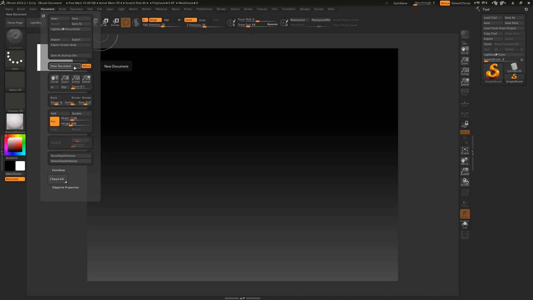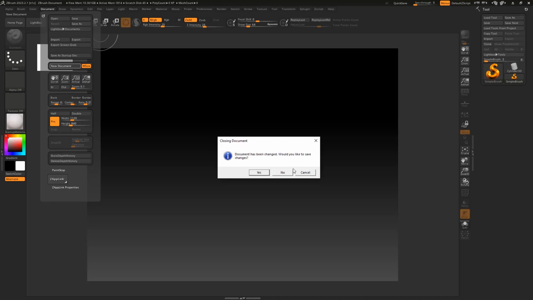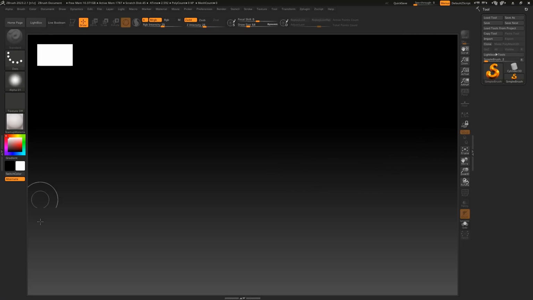orange. So click new document, you like save, no, and see here, I really didn't like how the box was a bit constrained. I want the entire window to be my working space. The other thing I hate is a gradient, and you're gonna notice, every time you try to learn from someone in ZBrush, for some reason we like customizing it. Like, everybody customizes their